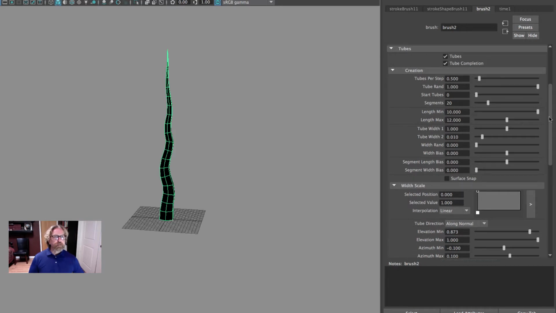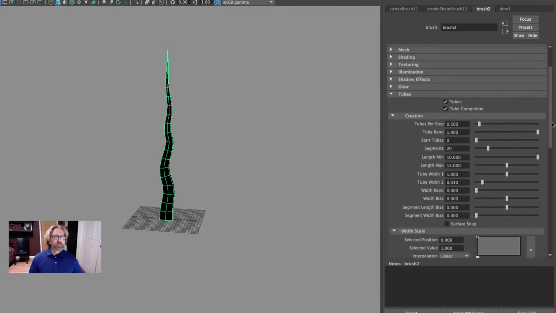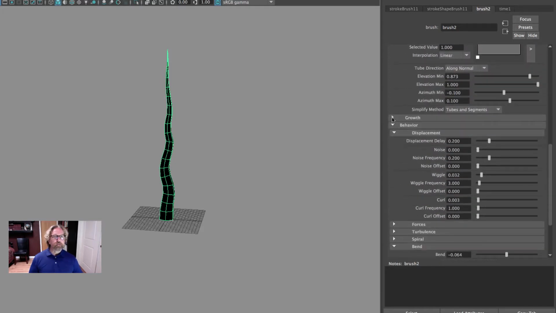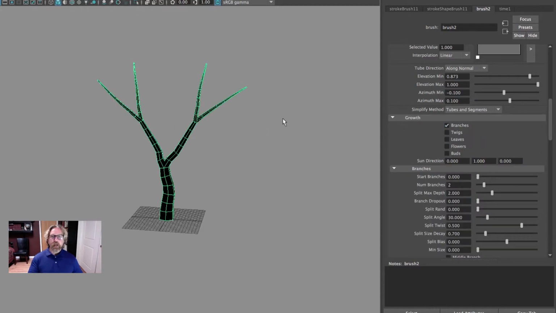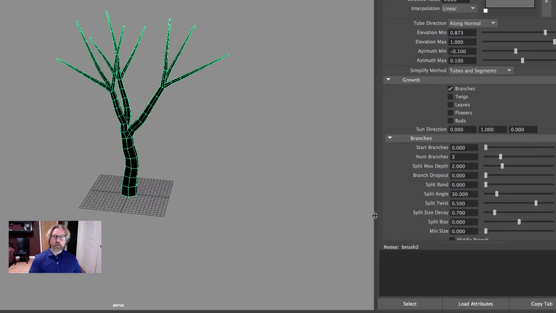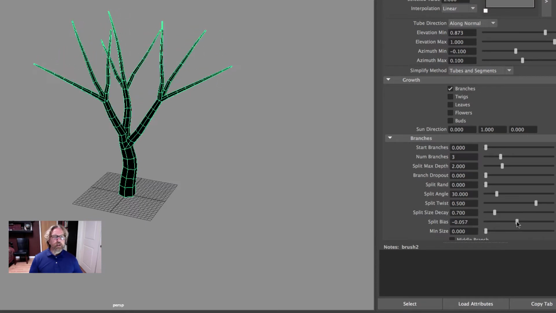So I'm coming back up to tubes. Right here we are, tubes. And we'll begin with our branch. So we're going to come to growth, and we'll click on branches. And by default, we have 2 split. And let's go ahead and use 3. So I've got 3 branches with 3 additional structures, and that allows us to talk about the